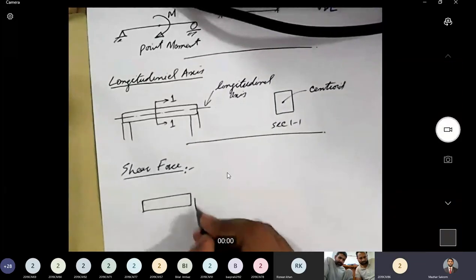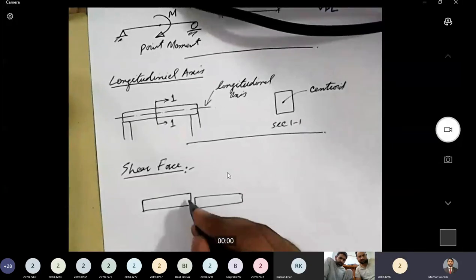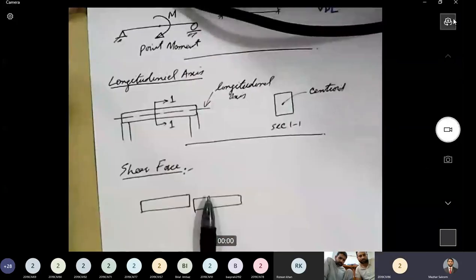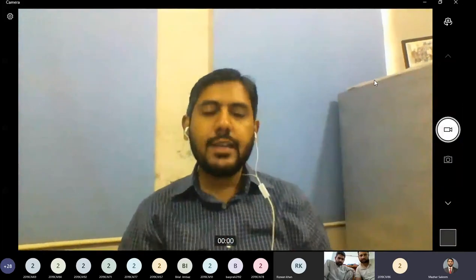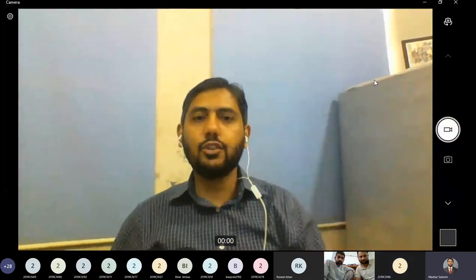All right, so if this is a beam, this is actually a single beam, we have a force that is trying to slide these two sections against each other. So if we have a horizontal member, a beam, and there is a force that is trying to slide two cross sections against each other, that force is termed as shear force. And shear force is an internal force that is generated in the beam as a result of